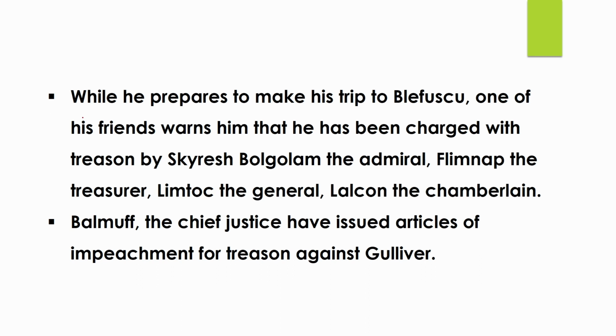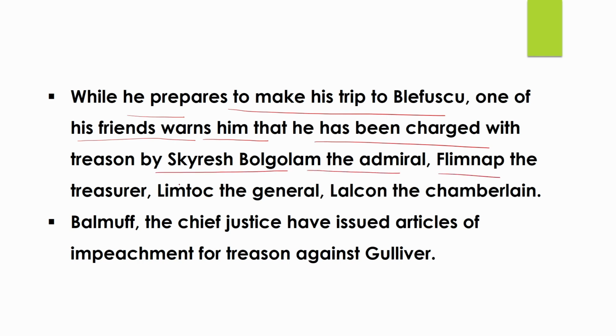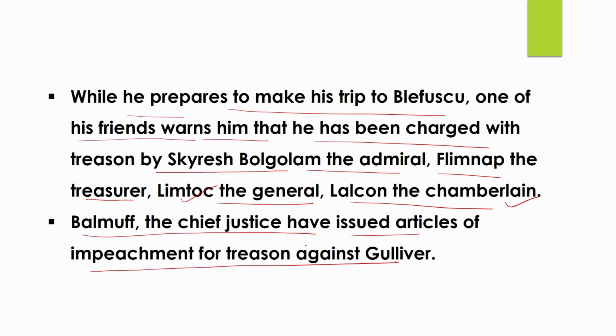In the 7th chapter, we find that for 2 months before Gulliver leaves Lilliput, there has been a plot building against him. While he prepares to make his trip to Blefuscu, one of his friends at court comes by in the dead of night to warn him that he has been charged with treason by Skyres Bolgolam, the admiral, Flimnap, the treasurer, Limtok, the general, Lalcon, the chamberlain, and Balmuff, the chief justice, who have issued articles of impeachment for treason